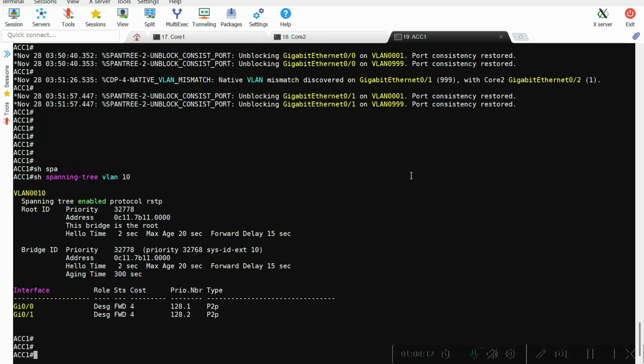Okay, spanning tree for VLAN 10. Something is wrong here. It's saying this breaches the root. All right, so let's troubleshoot. What happens is